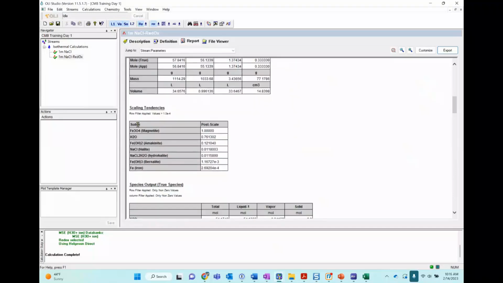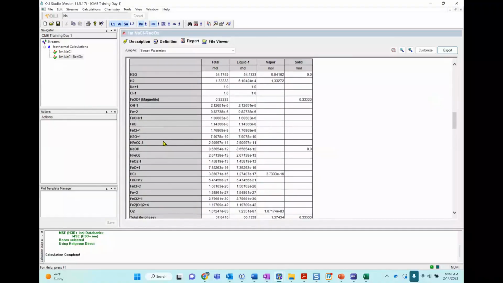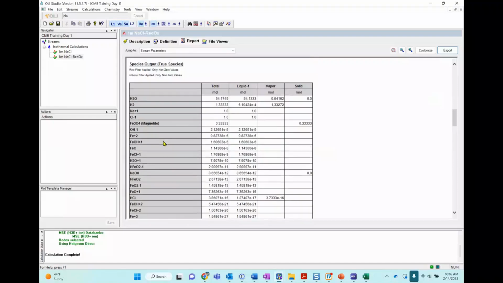What else do you see here? You start seeing that now you start producing something called magnetite. That is what is going to precipitate out iron oxide. This is the good protective layer that reduces corrosion rates. Okay. You now see the species output table is much, much bigger and longer than the one that we had before without the redox. In here, the software is calculating the distribution of water, the distribution of course, how the sodium and chloride split in water, right? It goes all to water.